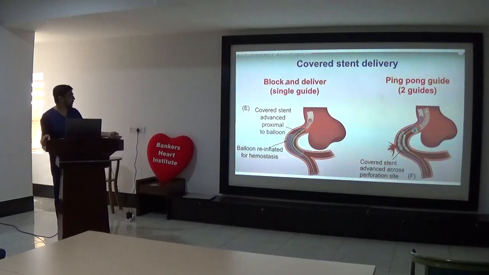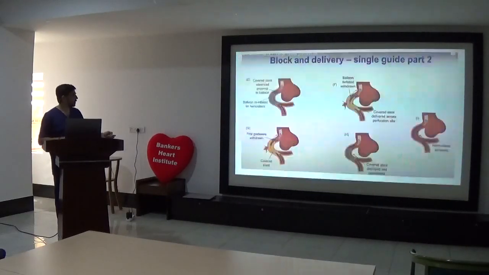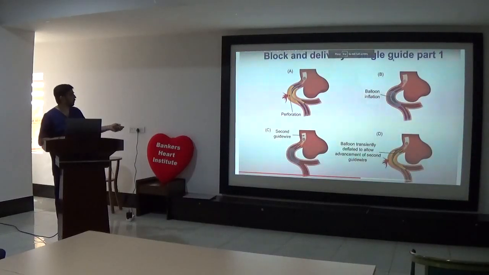In one wire, the balloon inflation is there. Okay, this is the first slide. It shows that this wire is crossing through the lesion. These are the perforated sites. So what do we have to do? We have to insert a balloon, a low pressure balloon at that time, and look for sealing of the perforation. Wait 2 to 3 times, do the same, and repeat the angiogram. Then again we see if the perforation is there, and then we insert a second wire across this